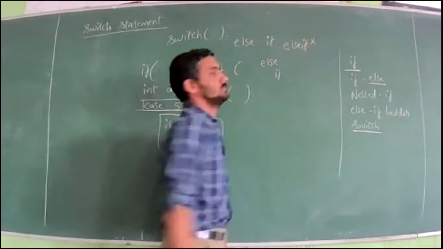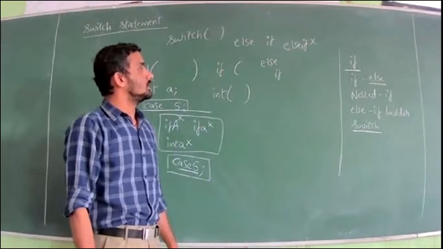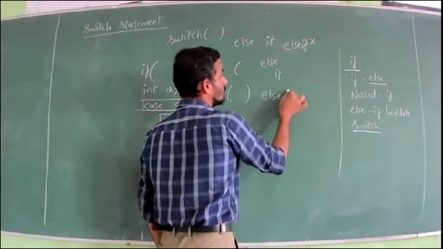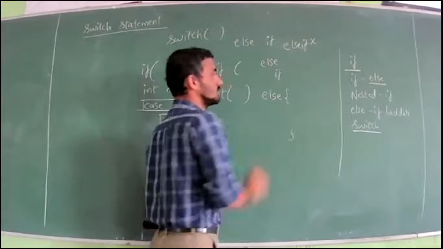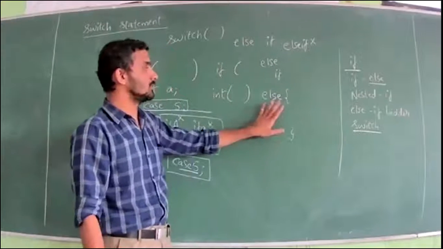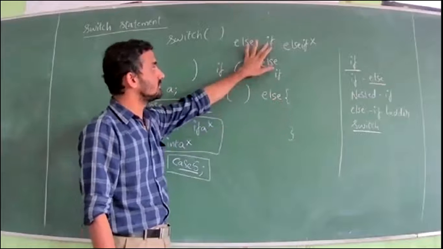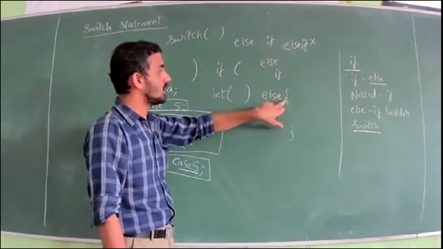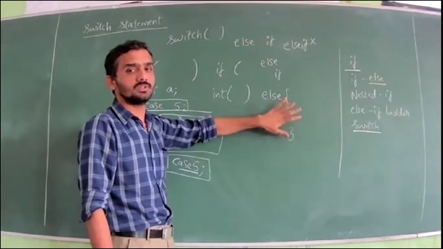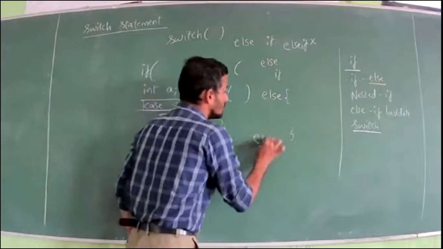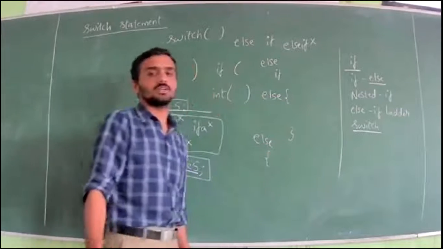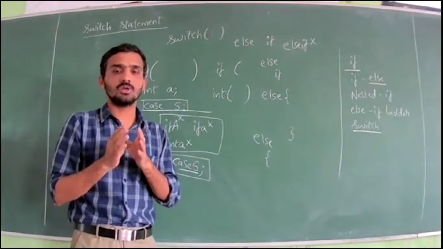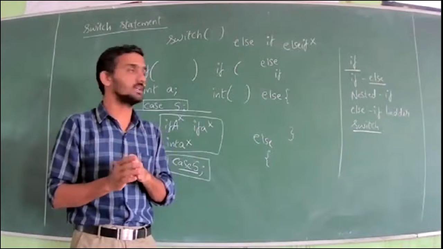This is wrong. And if you come across else, sometimes you get opening braces like this. This is also correct. It depends on the program. Else, and in the next line you can write it. Else, immediately after that you can write the opening brace. It depends on the program. Or else in the next line you can write the opening brace. That is correct.